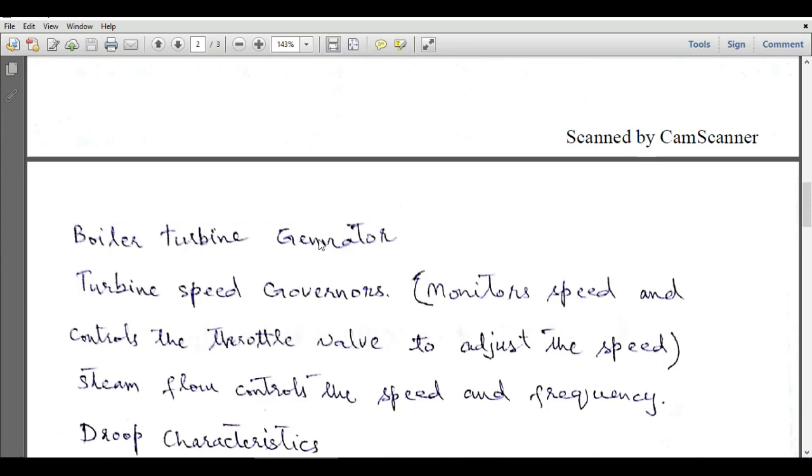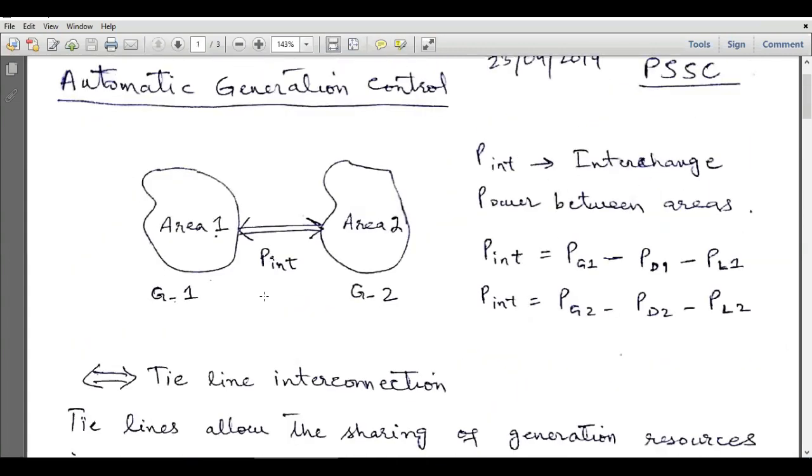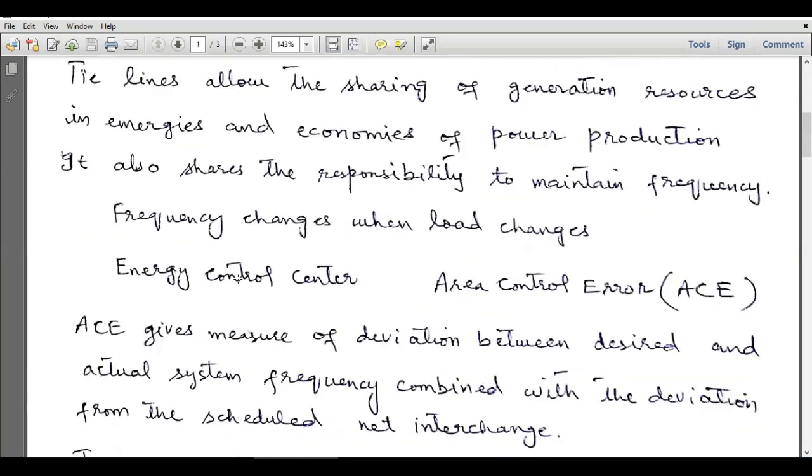So for boiler turbine generators, we can take an example. In these types of generators, there are turbine speed governors, and they actually monitor speed and control the throttle valve to adjust the speed. So whenever we have more load but less generation, the speed of all the generators will reduce, and due to that reduction in speed, the frequency of the output energy will also reduce,